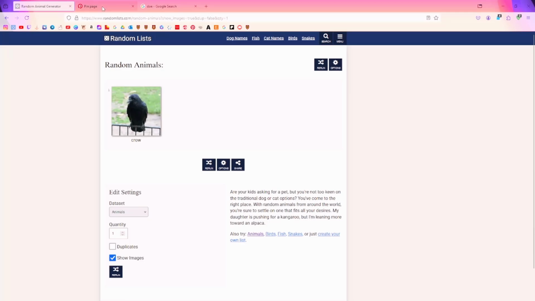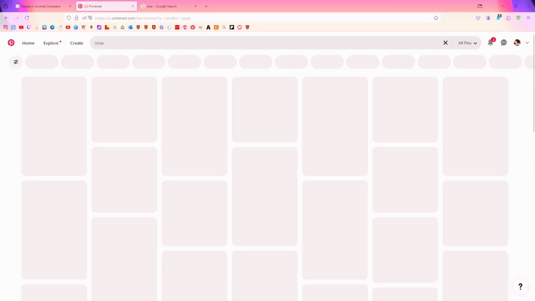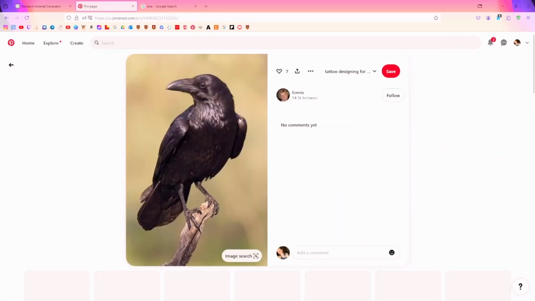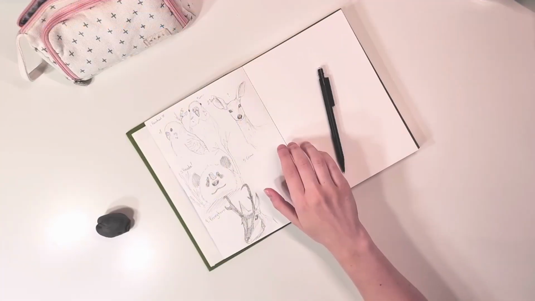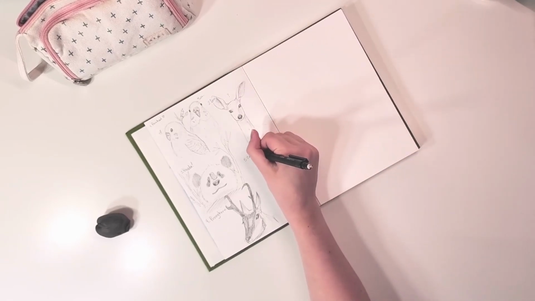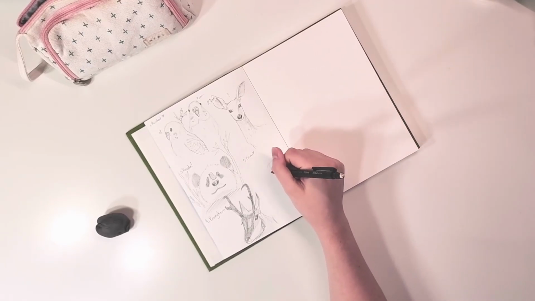A crow. So, okay, listen. Birds are really hard to draw for some reason. Small birds like parakeets are fine, but birds with bigger beaks are just something I really struggle with drawing. And also the fact that the crow is entirely black, there are these little details that I'm not able to fully convey because I'm lazy when I'm sketching,